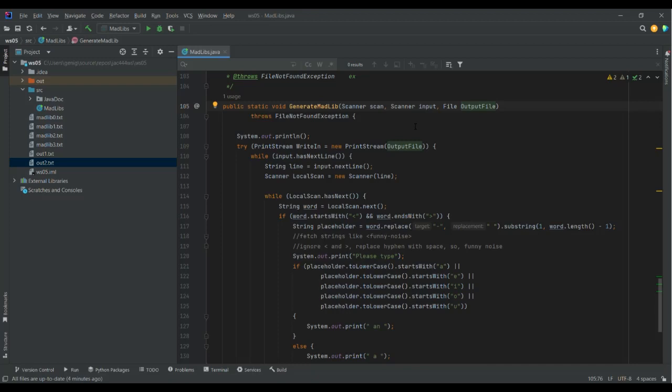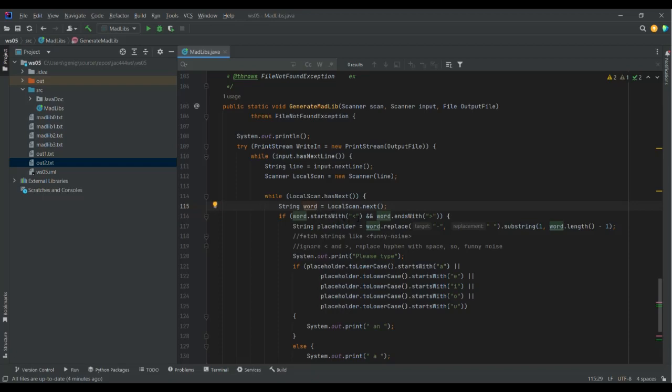So MadLib1.txt, for instance, and whatever you type for the placeholders. So other than the throw statements, I also have a try block, in which case it tries to print whatever you input, and within your inputs you have every single line, and within every single line you have the placeholders,